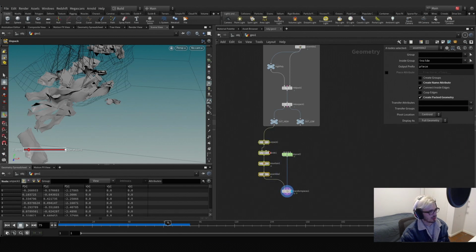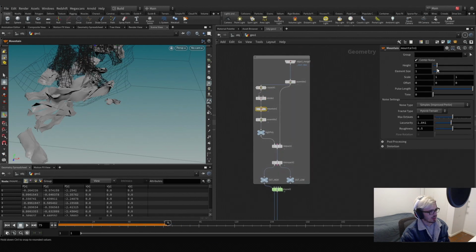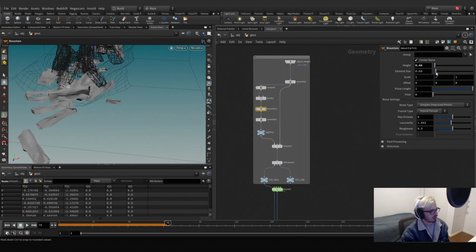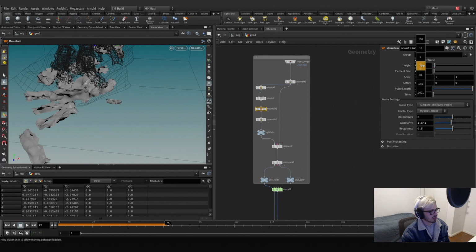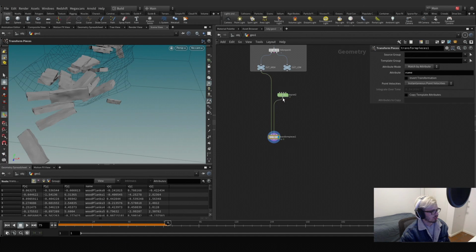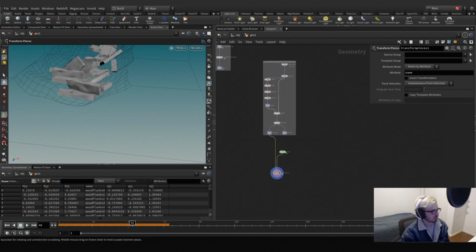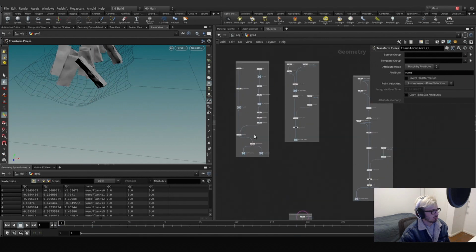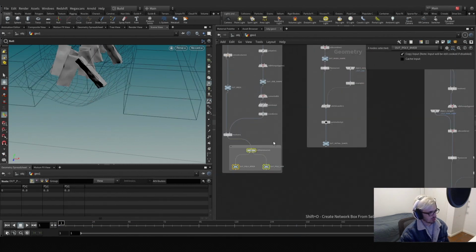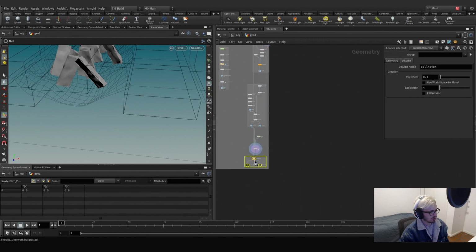Let's go inside here, let's plug this in here, and let's make the mountain a tiny bit more interesting, setting the element scale lower, but also the height a little bit lower. This will work just fine. So once we have this, we can see this works really nice, and we're going to copy and paste the following. This Shift O, we're going to drag all of them, see, and here Shift B. Let's move this aside